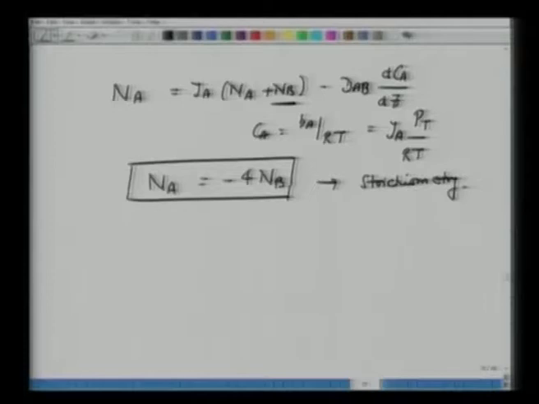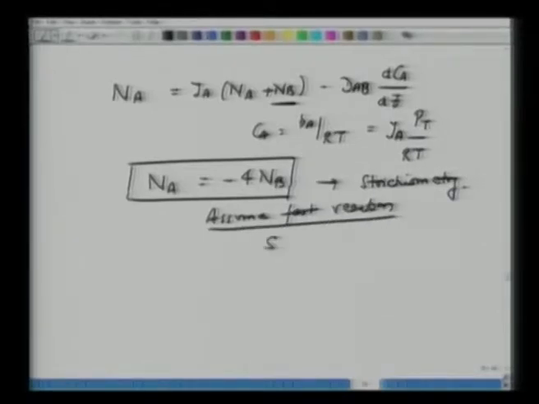Then we can write Na equal to minus 4 Nb by stoichiometries, and we say that we assume steady state or assume fast reactions, so that we can assume steady state. It's also a quasi steady state approximation, because there are two rates. One is the rate of diffusion and the other is the rate of reactions. We are assuming that the reaction is very fast. As soon as A arrives, it forms B and B diffuses back. So still we are looking at between medium 1 and 2, where we have a steady state and there is a reaction at the boundary which is very, very fast.